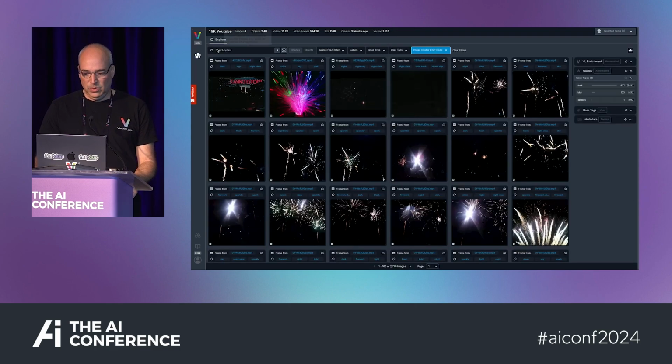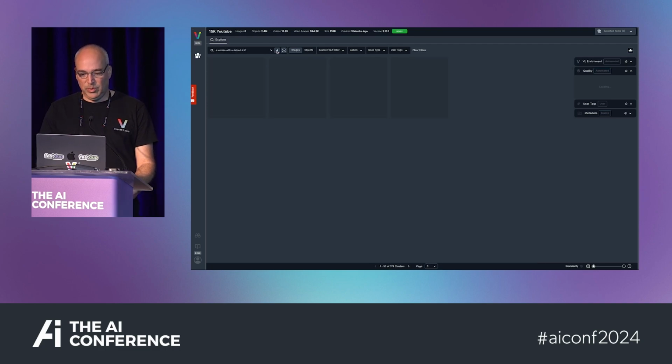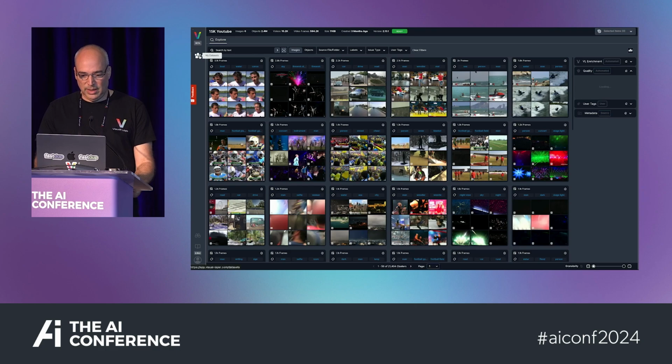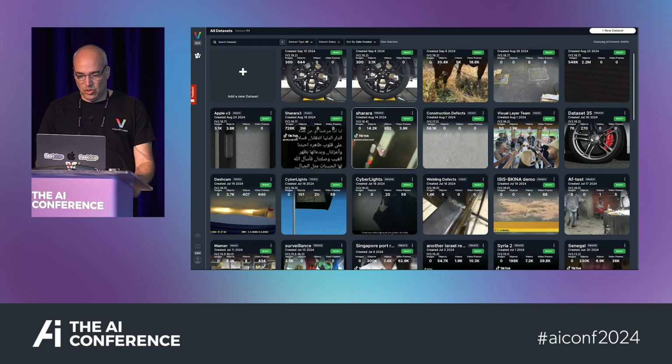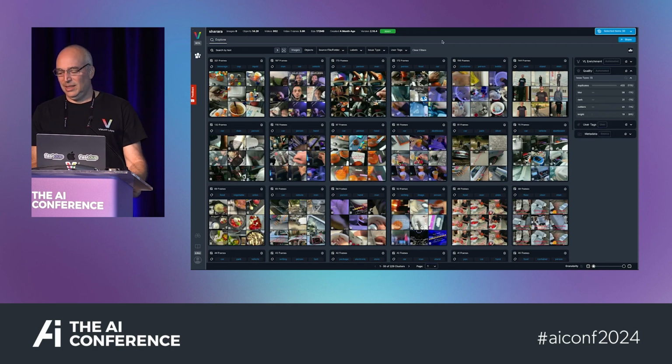The next thing we can do in order to help you find interesting things is a free text search. So for example, you can ask for a woman with a striped shirt, and you get all the women with striped shirts in this video pool, and you can always relate back to the specific video. The next thing we also do is object level understanding. So for that, I will show a fun data set from a social network. This is a data set which is focused around drug dealing on a social network.